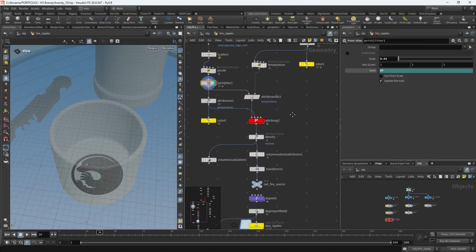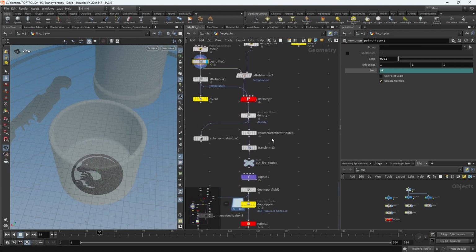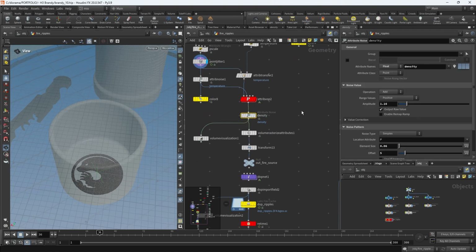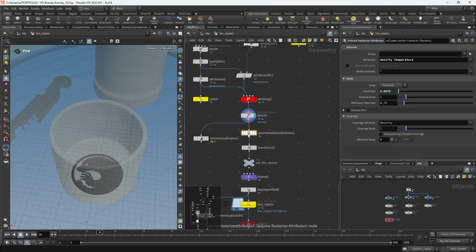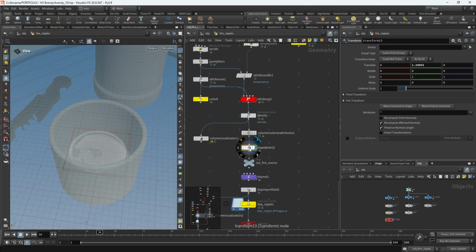Then I transferred everything down the line, created density with some noise on it, then rasterized the attribute and moved it up to be on the surface, and finally